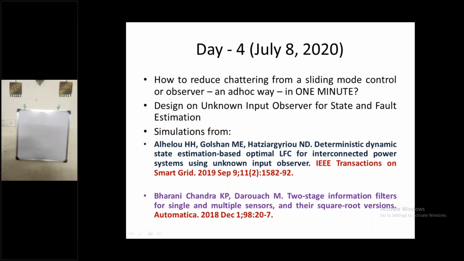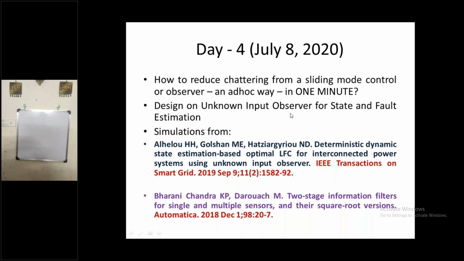That 1 minute fix is the delta, where we approximate the sign function with a sigmoid function using the delta. And the delta basically tells about the kind of tolerance around the sliding surface. If the delta is large there is some trade-off, but with delta of 0.001 we have taken, the chattering has gone away immediately. And we have seen two different papers, and we have simulated this particular paper as well, LFC for interconnected power systems, where